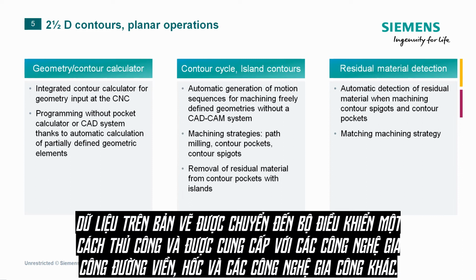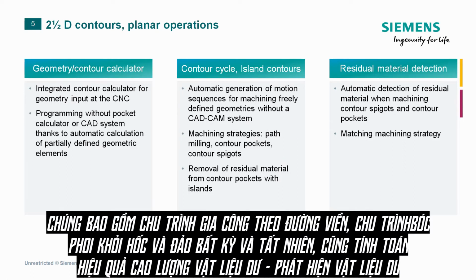The drawing data are transferred to the control manually and provided with contours, pockets, and other machining technologies. These include the contour cycle, stock removal from pockets with any island contours, and of course, also highly efficient calculation of residual material